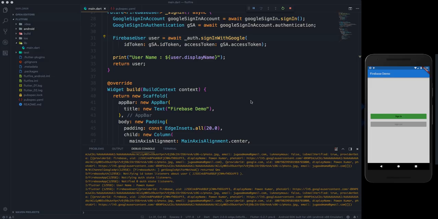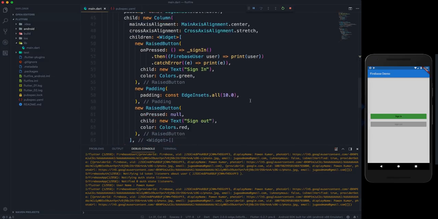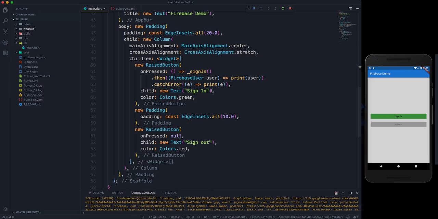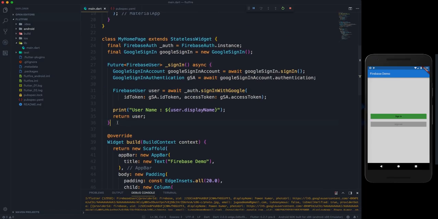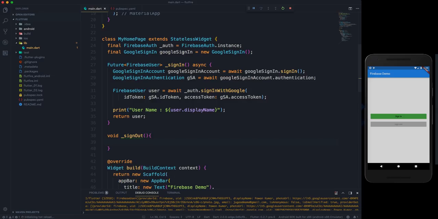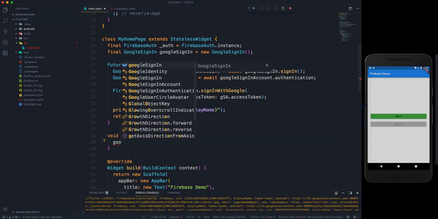So how will I sign out? Let's just write a code for that, and it is very simple. Trust me, very simple. So let's make another method here, a void, and we can call it sign out. Here we already have this Google sign in account instance, and we will say Google sign in account